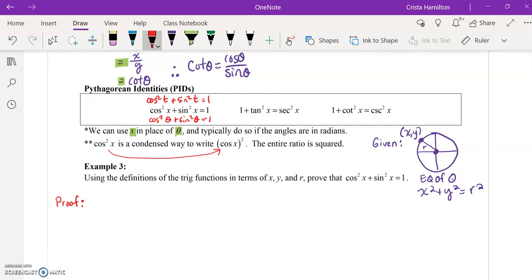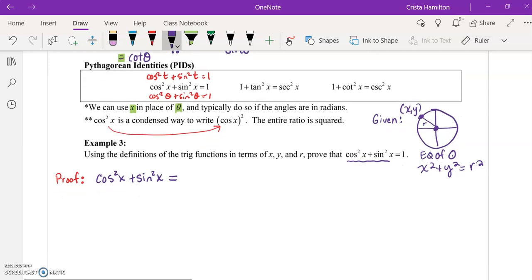Now again, remember, what we're going to do is pick the more complicated side. And in this case, I would say the more complicated side is obviously the one that has the trig functions. So I'm going to start with the cosine squared x plus sine squared x, and then start my proof. Now, this is unnecessary once we get more involved, but I'm just going to show it for you guys because we're kind of little toddlers at writing trig proofs and simplifying, that when you have this cosine squared plus sine squared, that's the same as